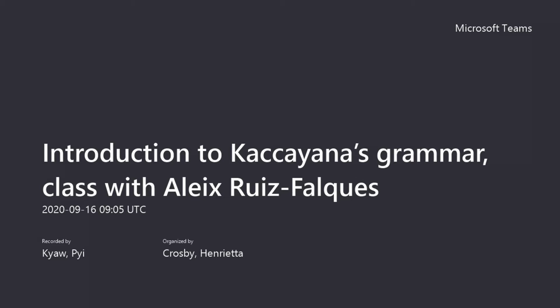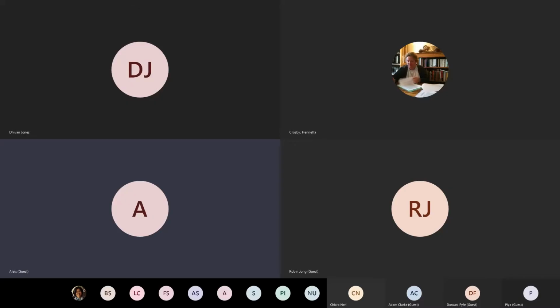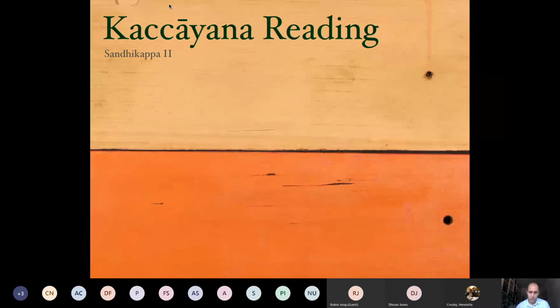to read today. You have the rules together with a very short translation. This translation, as you will see, is partly based on the Vutti. There is no other way around, so we have to do it in this way. And then for each rule, you have one example that illustrates the main point of the rule. So I will be referring sometimes to this handout, but not too much, because the main point of the session,